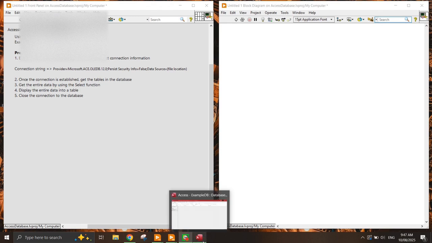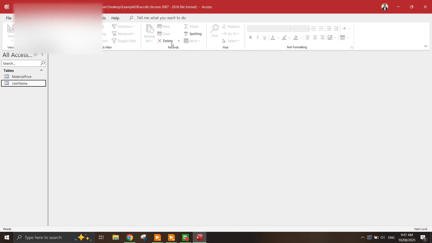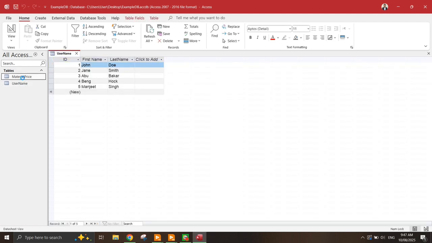First of all, I would like to show the example Access database that I'm using right now. This is an example DB, and the Access format is compatible with the 2007 to 2016 file format. Here on the left column, you can see I have created two different tables: one is the user name table and the other is the material price table. So we will be using LabVIEW functions to access either one of these tables and display the result into